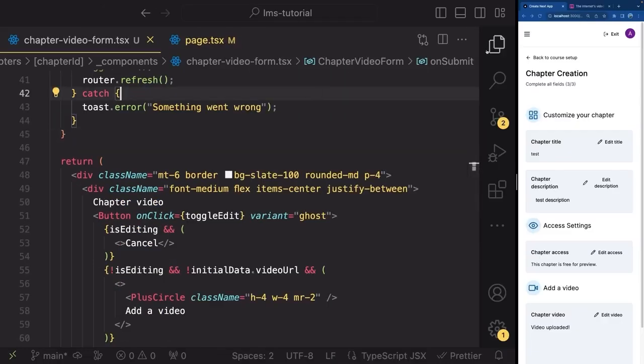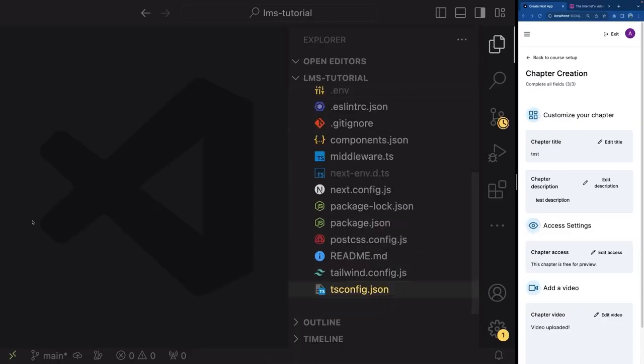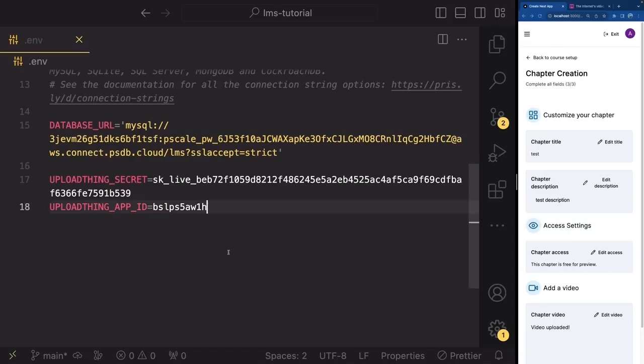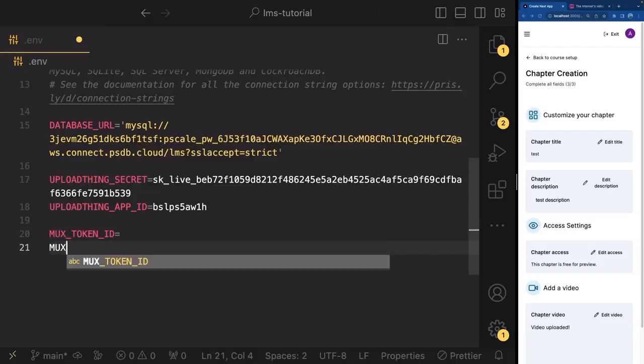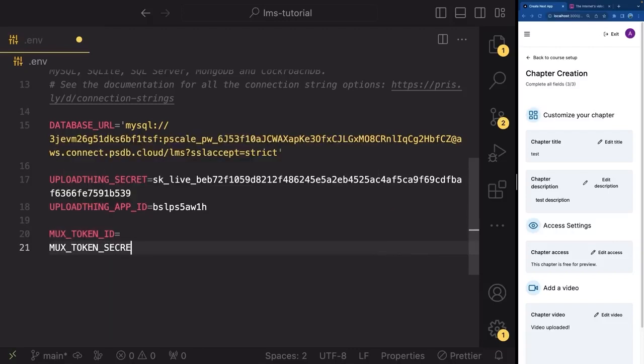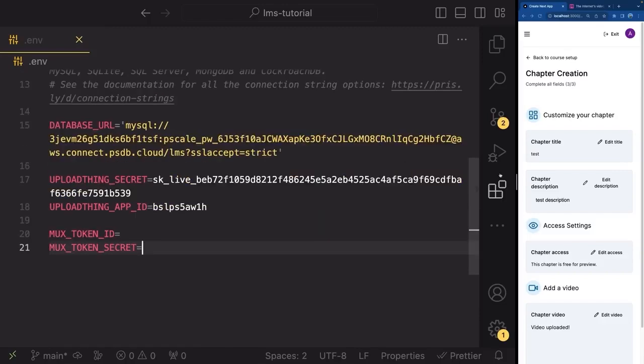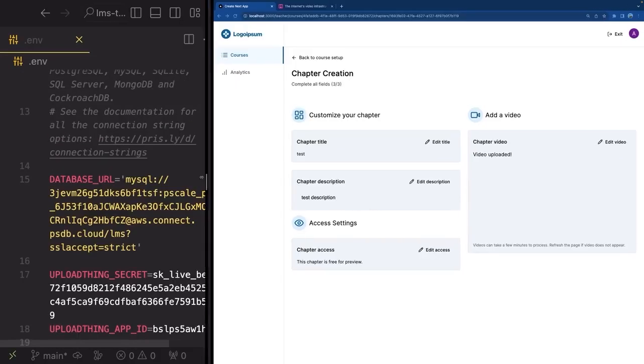So what we have to do is prepare a couple of environment variables, right? So we're going to go inside of our .env file right here, and let's add MUX_TOKEN_ID and MUX_TOKEN_SECRET, like this. So let's add this right here, and I want you to go ahead and visit